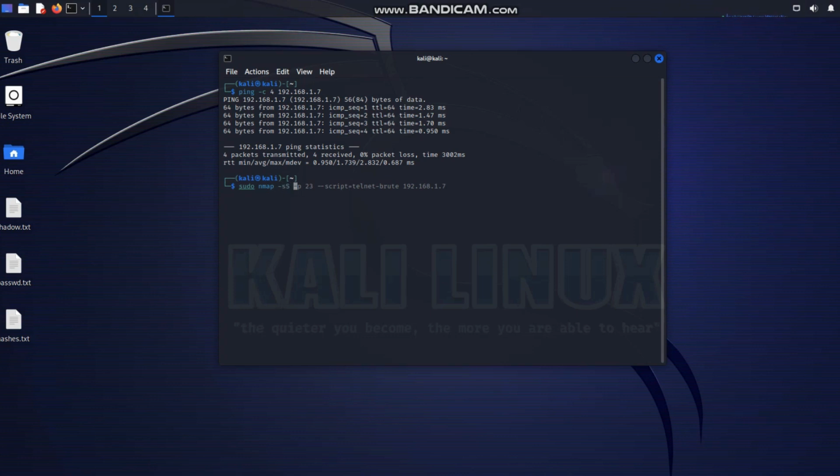And then basically the next step is I want to have the version of the various services that are running on the Metasploitable 2 machine. So I have -sV, that's going to give me the various versions of the services. And then the next thing is going to be the IP address. So I have it already done. And let's hit enter. So Kali. So I'm going to wait till we get the response